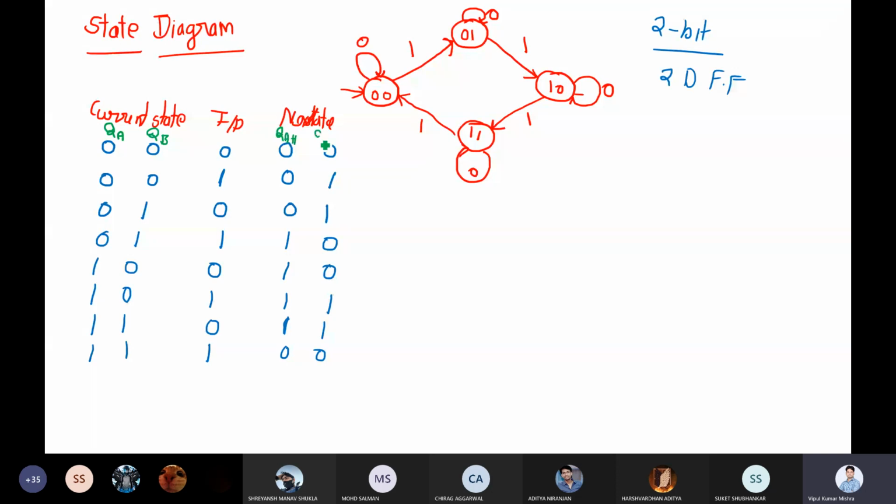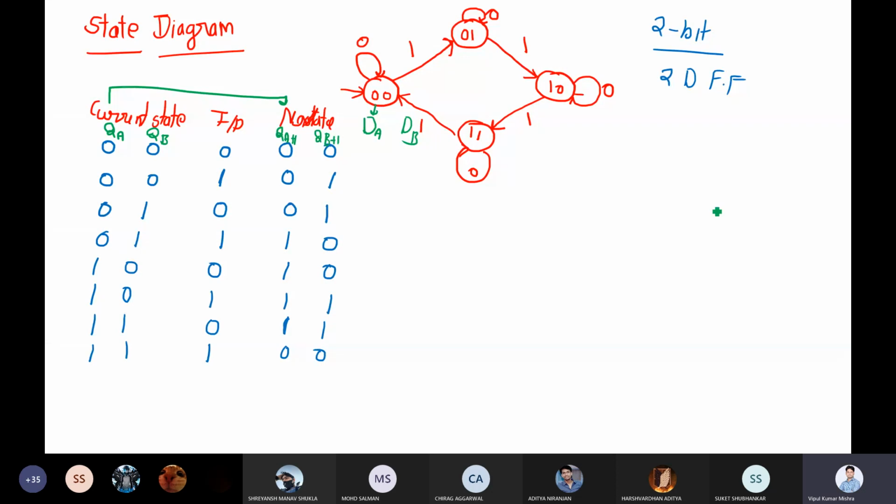QA plus 1 and QB plus 1. Now, in order to get this next state from the current state, what is the input? Let's say DA and DB. I have to figure out what the DA and DB values will be for a given current state and next state. So how can we figure this out? Simply, once you want to look for DA, you have to look only at QA and QA plus 1.